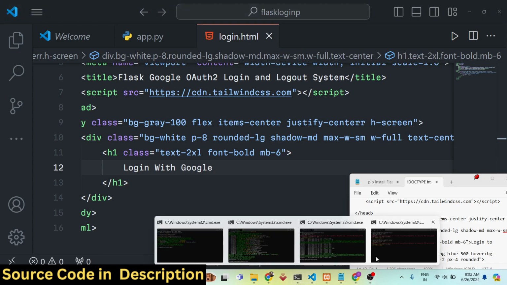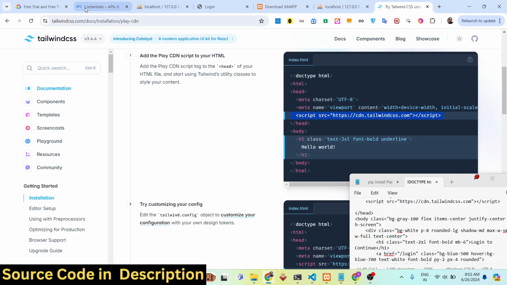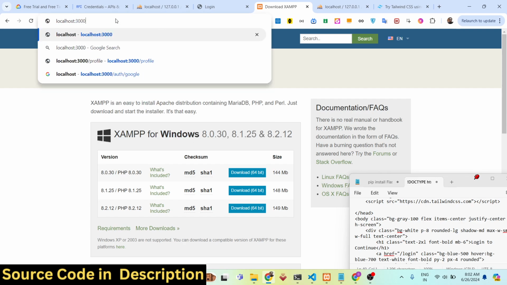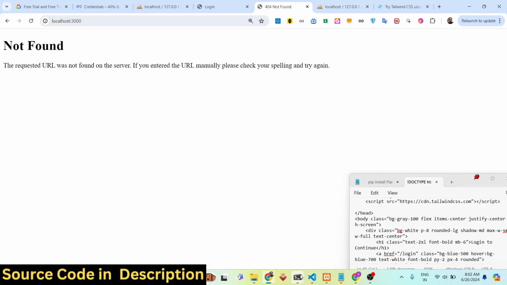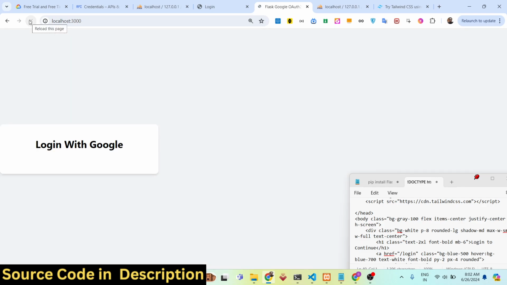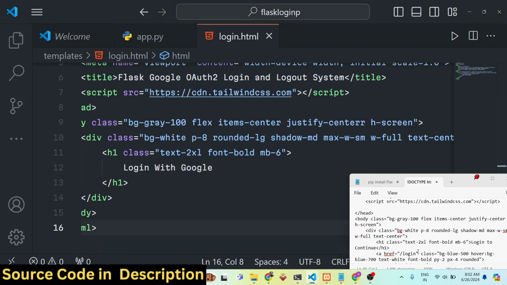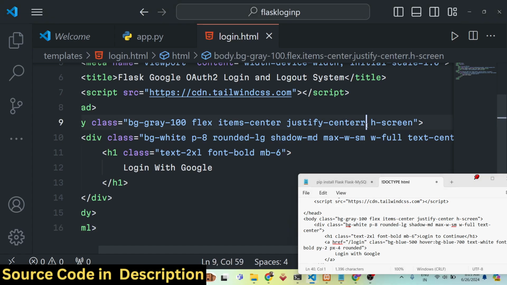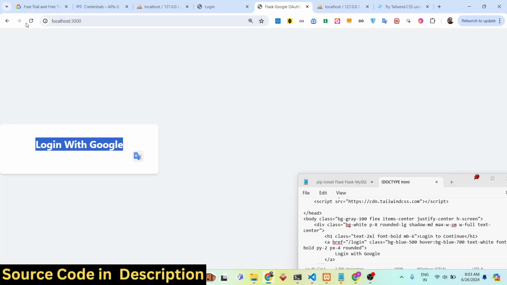So if you just now refresh the application, if I go to localhost 3000, I just need to refresh the application first of all. You will actually see login with Google right here. If you see, we do need to center this out. bg-gray-100, flex, items-center, justify-center. The double r was the mistake. And if you just refresh right here,